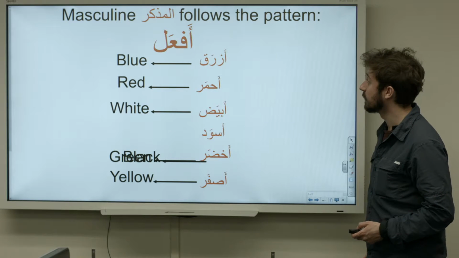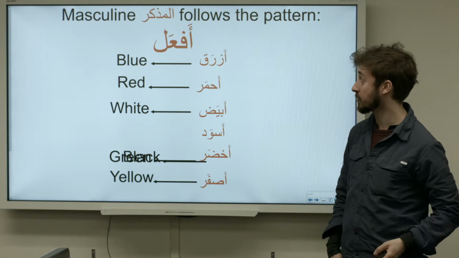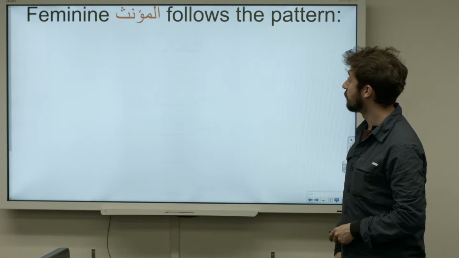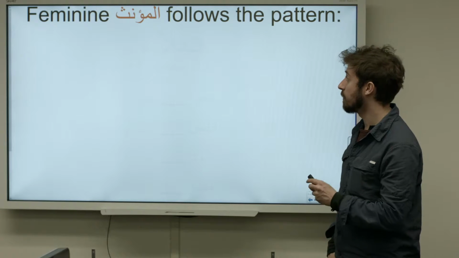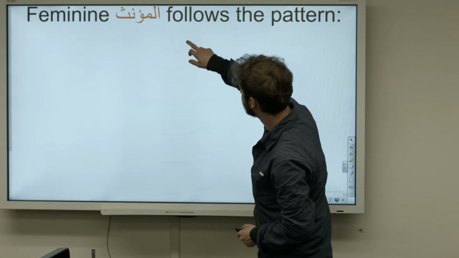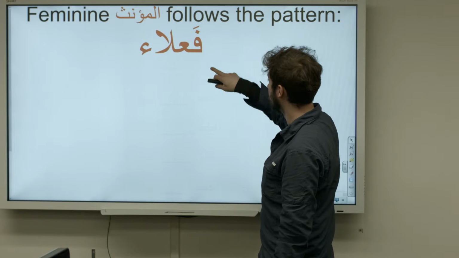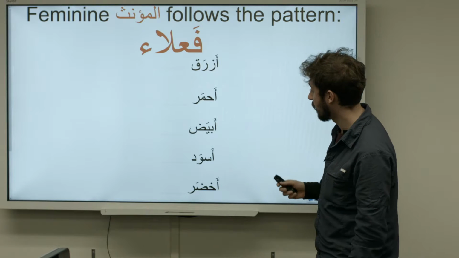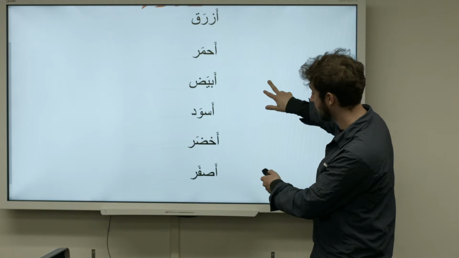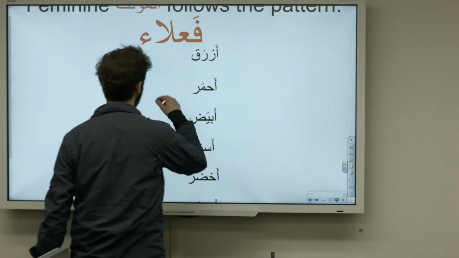Okay, so the second thing, so this is what it is if the noun that the color is describing is mudhakkar, or masculine, right? However, if the noun is mu'annath, or feminine, it takes a different pattern. And this pattern is fa'ala. So if we were to have azraq, ahmar, abyad, aswad, akhdar, and asfar, those are the ones we had before, and those are the masculine. They would change to